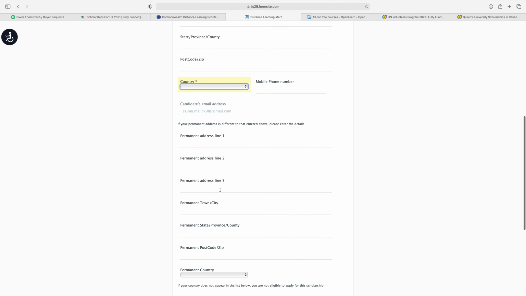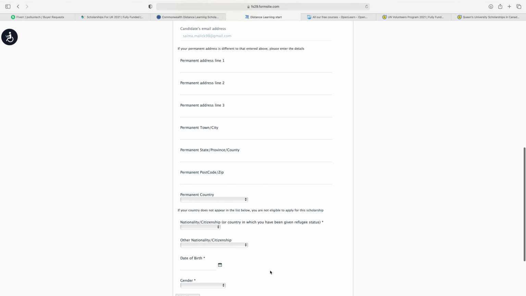Then next is, if your permanent address is different to that entered above, please enter the details. Write the address in line 1, 2, 3, permanent town, city, permanent state, province, country, permanent postal code, zip code, and then from here select your permanent country.